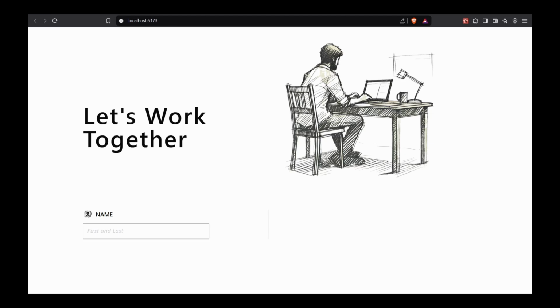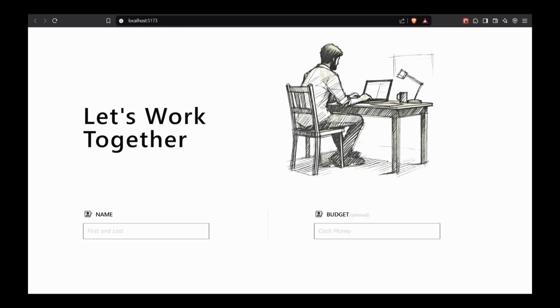The class name for this will be text gray of 300, italic, and text small, and input will remain same. The placeholder text will change, and we'll write cash